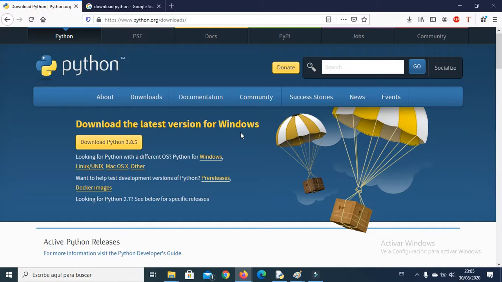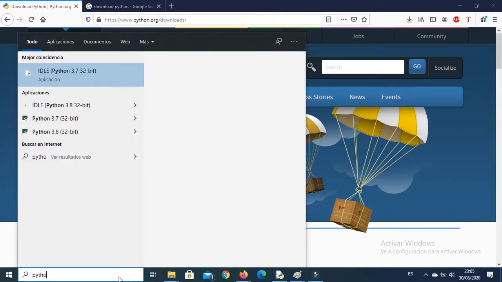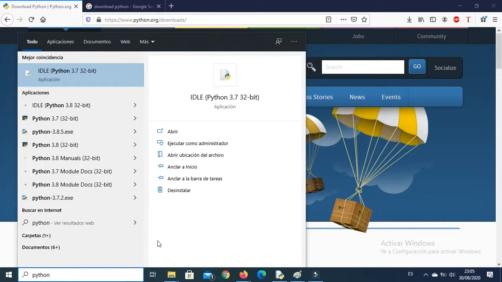And once you install, you are gonna look for it. For example, here I look with Python, and you need to open the IDLE. And this is the IDLE of another version that I had, and this is the new one. And when you click on it,